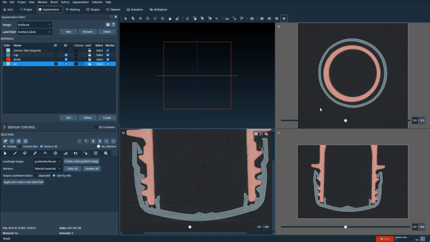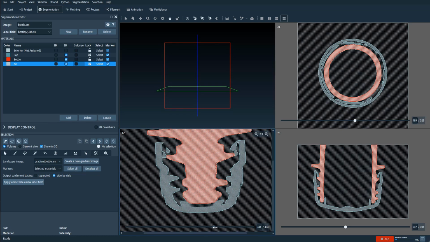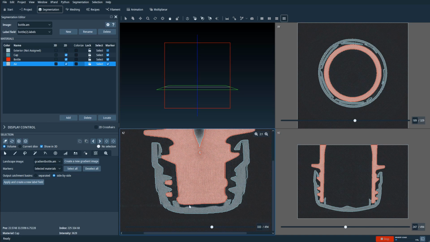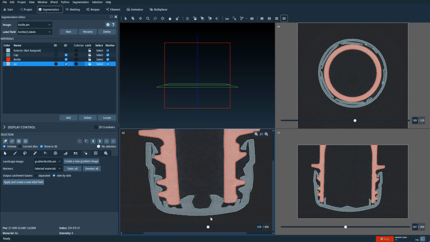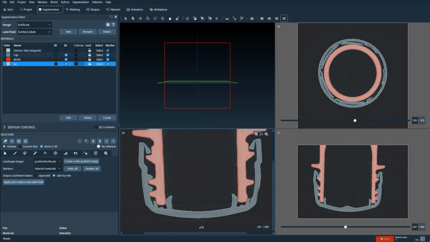So this is the result of the Watershed algorithm, and it's pretty decent. If you just look at the slice views here, it looks correct. There's a subtle issue here where you can see the black area that's supposed to be air is mislabeled as the cap. We can fix this later on, but for now what I want to do is explain what just happened